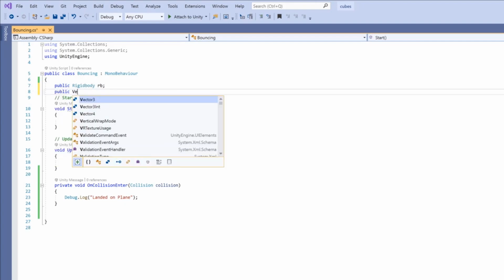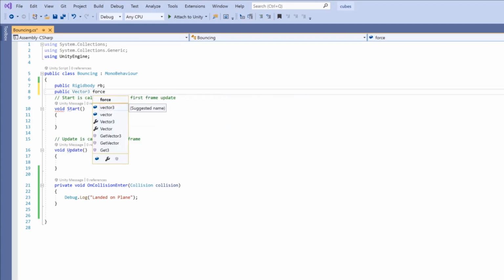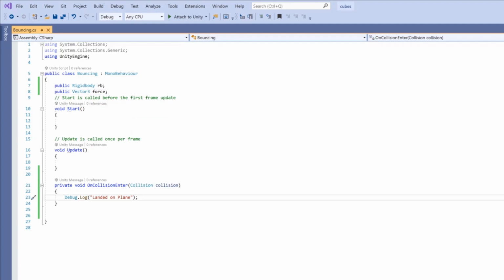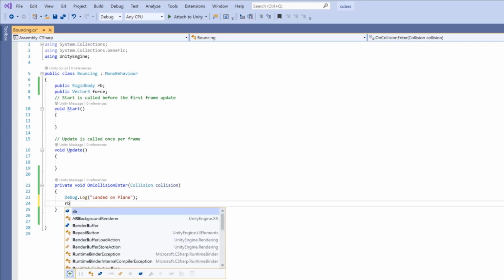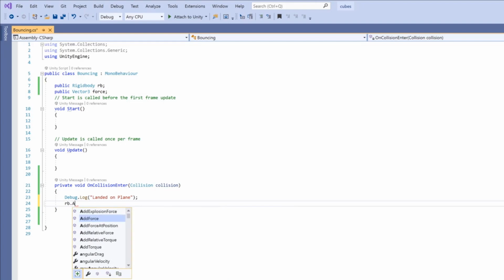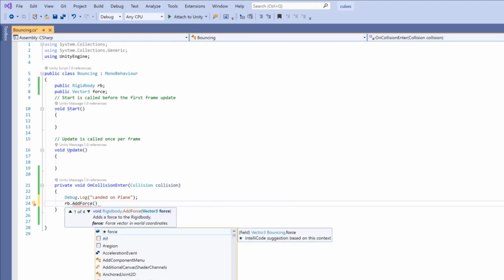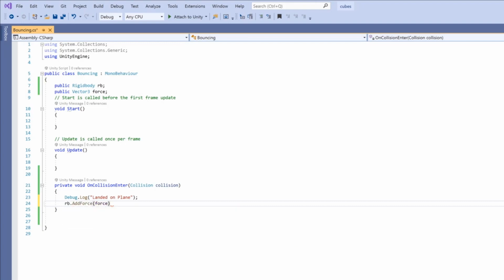I'll also need a Vector3 representing the force that I'm going to apply to the cube. In OnCollisionEnter, I'm going to write RB.AddForce. This is a method that will take a Vector3 and apply that vector as a force to the game object with the rigid body.